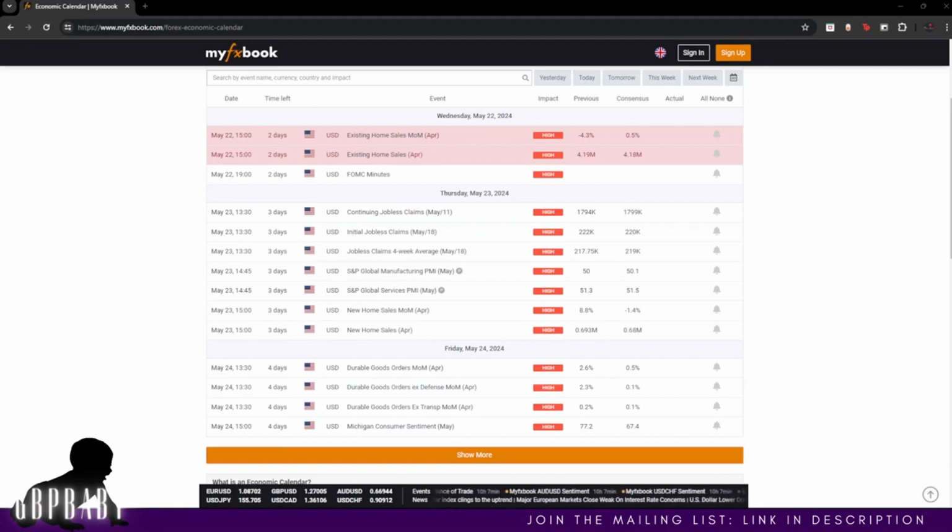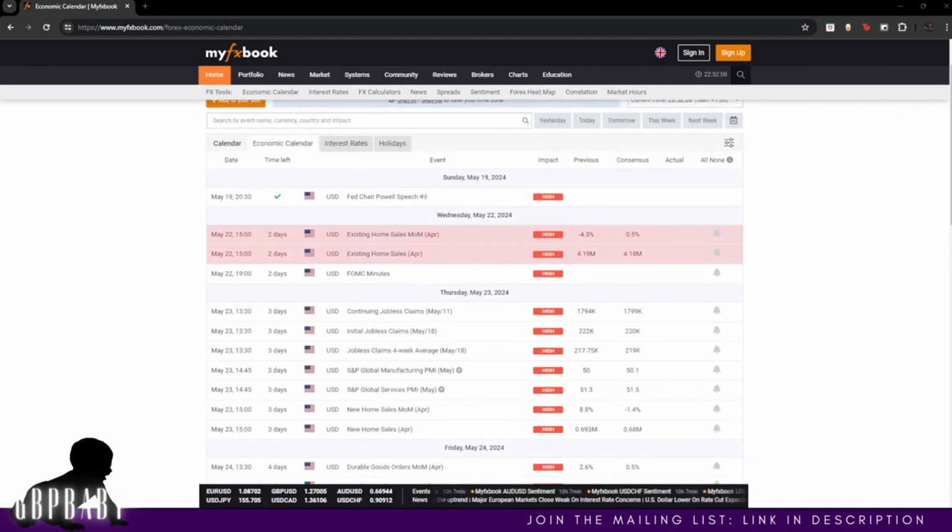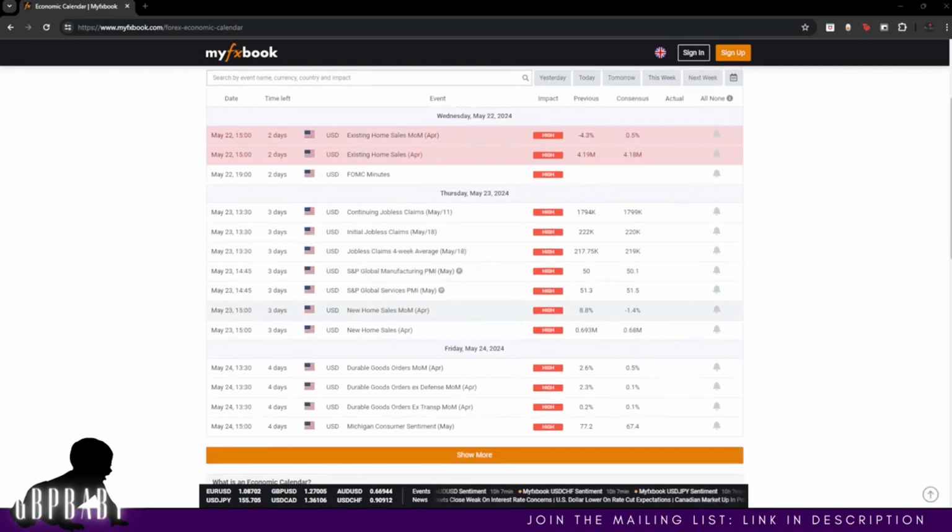And yeah, let's start with the news. As you can see, I've got all the high impact news for the week. We have FOMC minutes on Wednesday, PMI on Thursday, sorry, with jobless claims, and then Friday we also have some high impact news. So I'm looking for most of the expansion of the week to be happening Wednesday, Thursday, Friday. I'd like to see a classic week. I always want to see a classic week, but as in creating the high on Monday, Tuesday, and then the